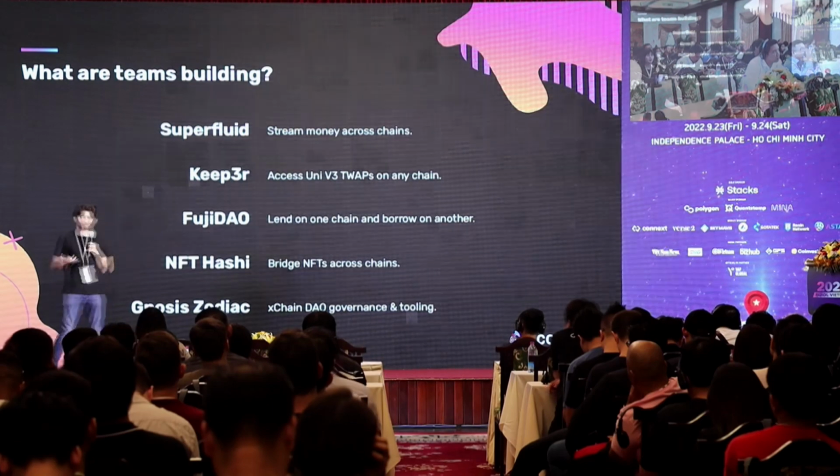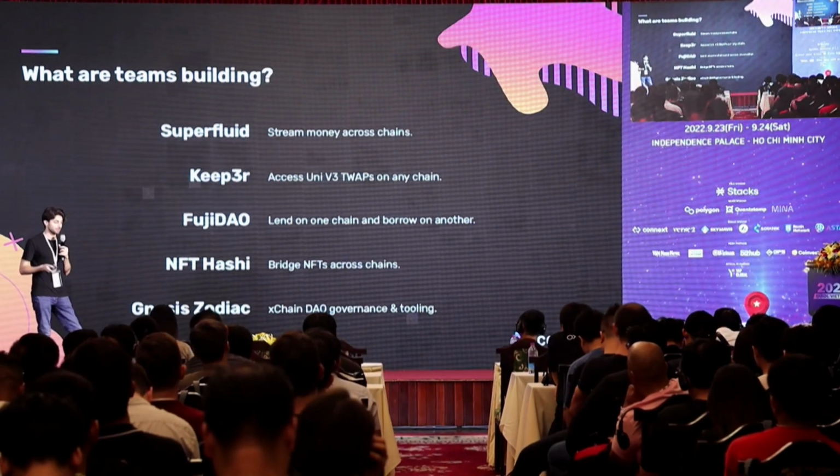One of the biggest difficulties that projects face, including Keeper, is being able to access that oracle data on any chain at the same time. FujiDAO is another really interesting one. FujiDAO is actually solving the problem that I talked about at the start of this talk, which is lending aggregation. How do you have a single interface for something like Aave? FujiDAO also does it on top of Compound, Trader Joe, a bunch of other protocols. But the core idea is very, very simple, right? It's lend on any one chain and borrow on any other chain. Intrinsically, that feels like the right experience to give to users.